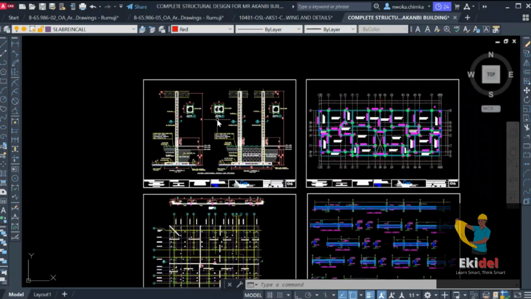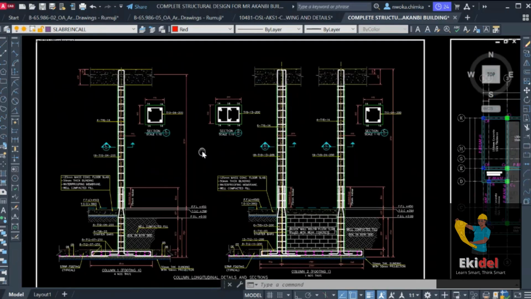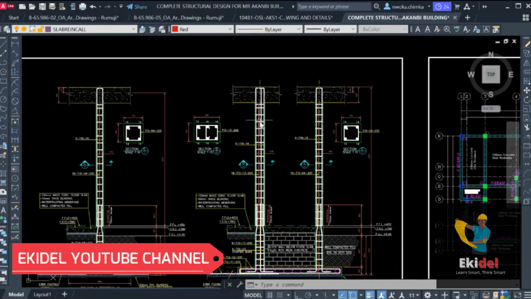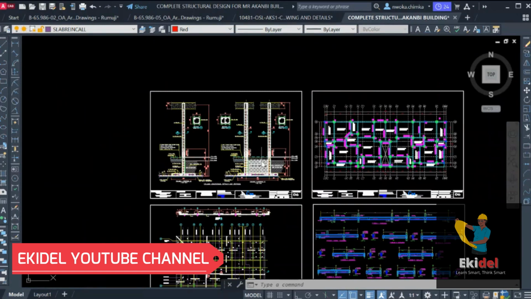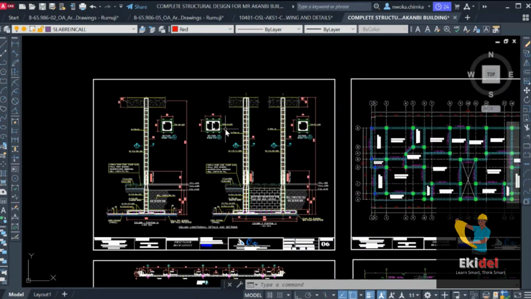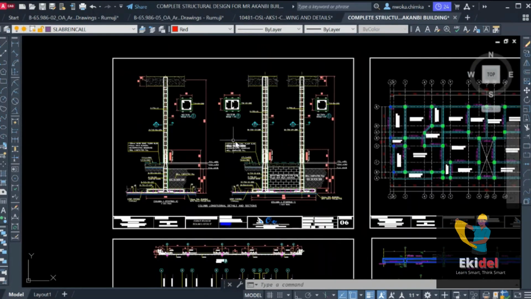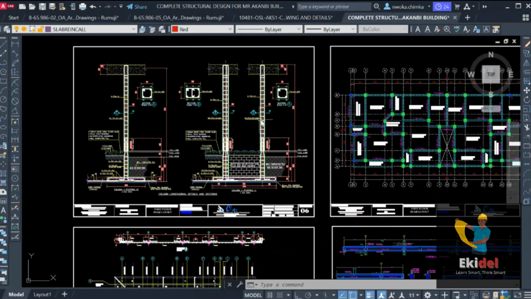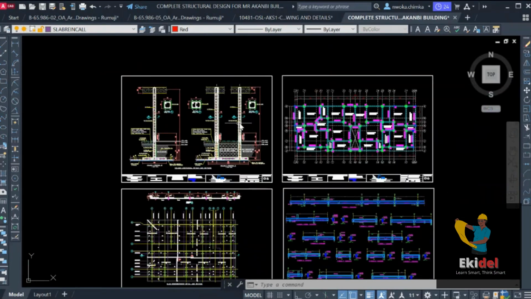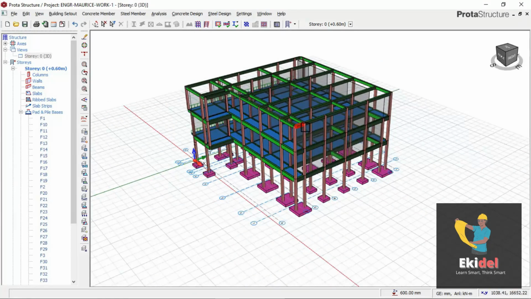So today's lecture will be a complete structural detailing of a concrete building. As you all know, if you are a good follower or a good subscriber of Ekidel, you will know that over time, we have been performing structural design using a software called Prota Structure. And all this while, for the past few months, we have been performing structural design, and we have not